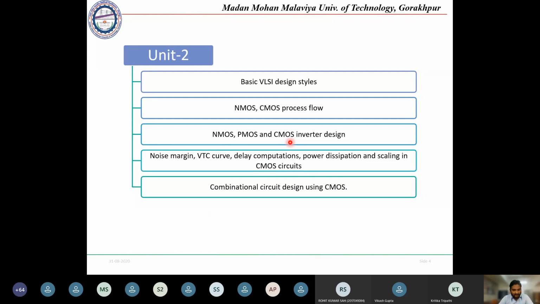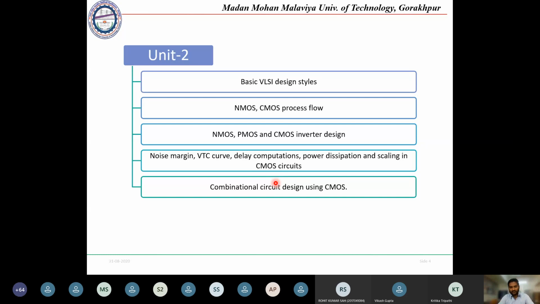And once we have designed the inverter, we will be designing different gates. By using different gates, we can design different combinational circuits. Based on designing the combinational circuit, we can proceed to any other complex circuit. So this is the step by step flow, or you can say the evolution to higher circuits. We will be studying the basics with CMOS design. First of all, we will design the transistors, then the inverter. Then by using the inverter method, we will design different gates. After designing the gates, we will go for combinational circuits. And then by using combinational circuits, we can go for complex circuits. Okay.